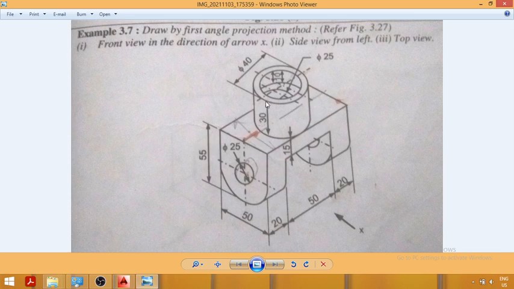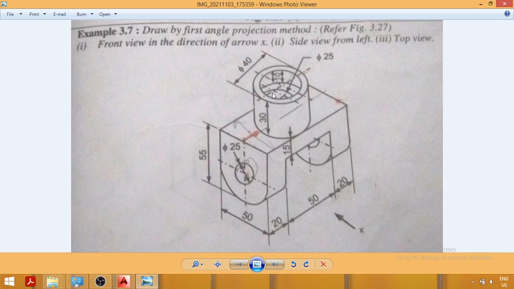Now this object is having a cylindrical part on the upper side. Now this cylinder is having two holes inside it. There are two cylindrical holes inside this cylinder. Now the first hole on the top is having a height of 10 mm. You can see here the height of the first hole on the upper side is equal to 10 mm. But the diameter of this hole is not given here. So we will assume a suitable diameter for this upper hole, the hole on the upper side of the cylinder. So here we will assume a diameter equal to 30 mm.